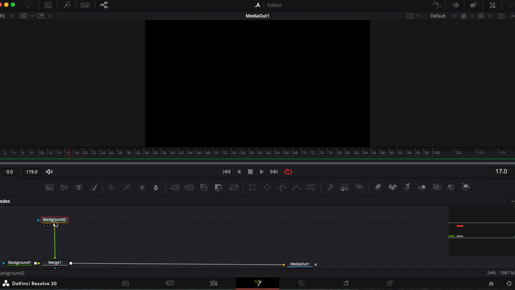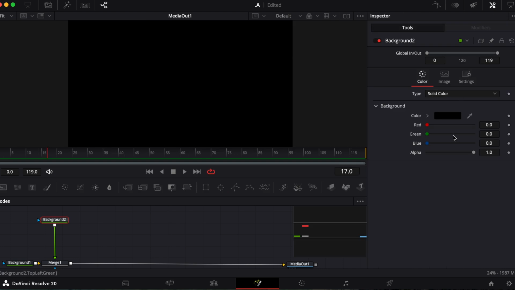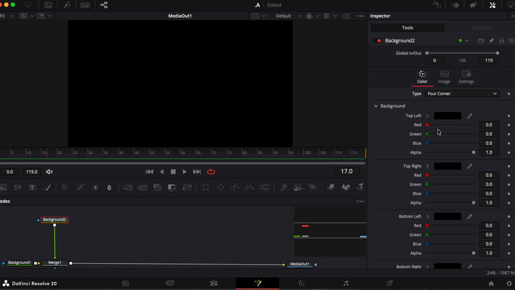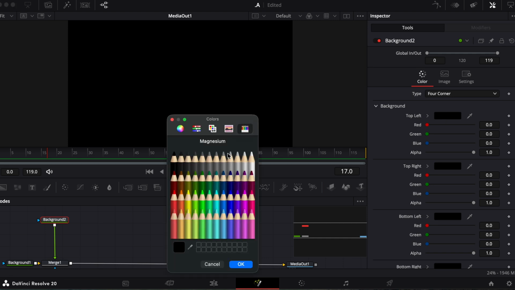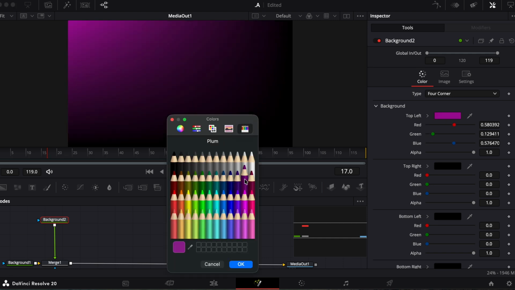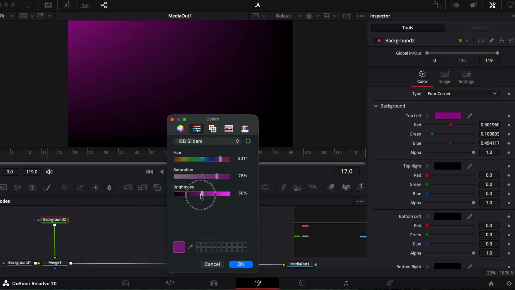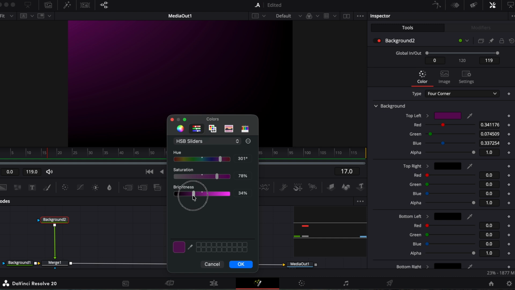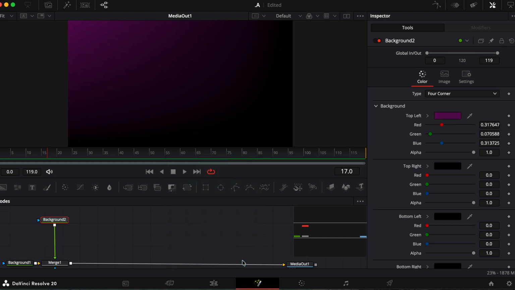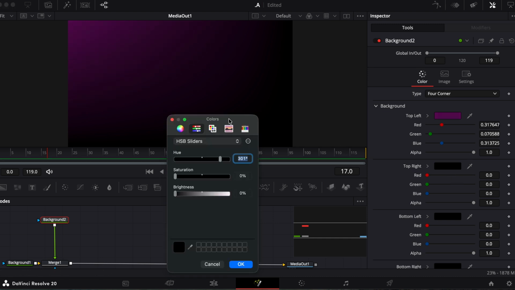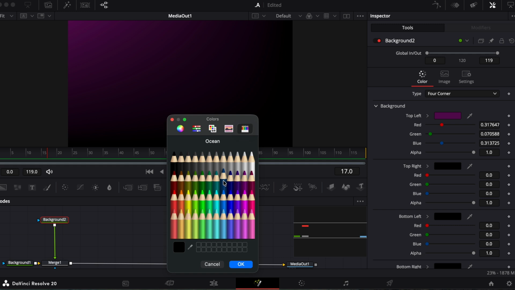Okay, let's continue. Now that we've connected our second background, let's go to the inspector and change the colors. I'll go with the four corners. So we will set the colors like this. You can choose any colors that you want. I will go with this and then turn it down a little bit to make it a little darker. Yeah, and okay. And set this one to